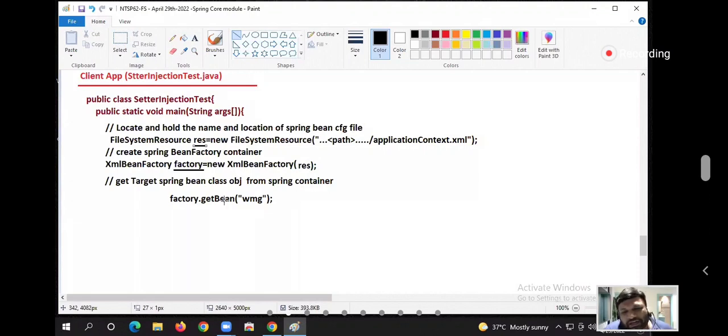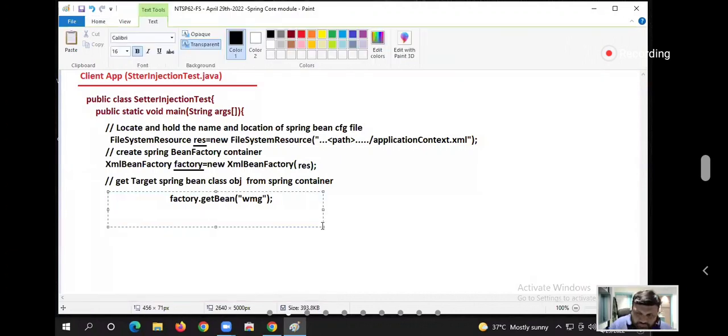But what will be the return type of this method, guys? Which one: WishMessageGenerator, Date, X, Y, Z? A generic return type should be there, right? A Java method can return any Java class object, so generally the return type will be Object. So that's why I am taking Object obj here.